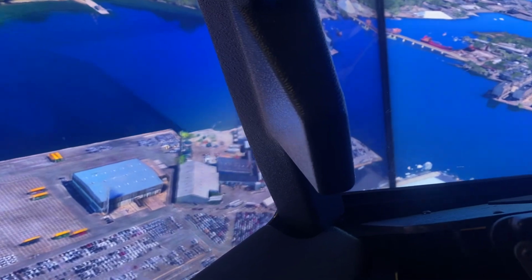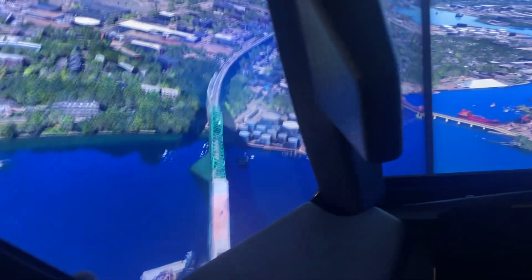Pass over the airport. The bridge is a little funky there, but I think that's just